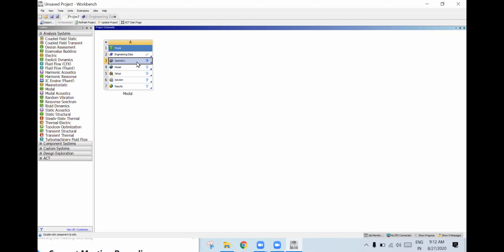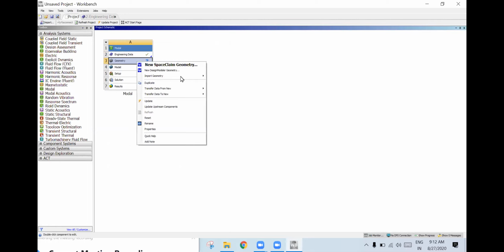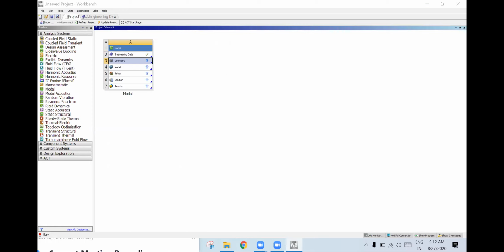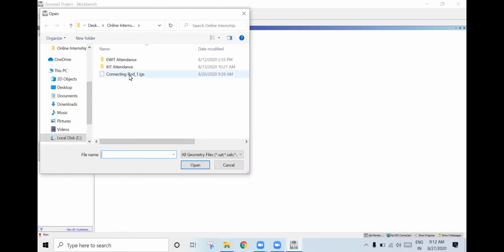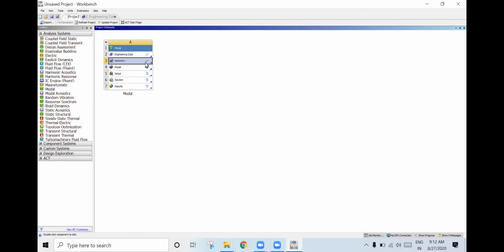Next, go to import or right click. Today I'm going to finish all the things. Go to import, browse, select where you saved it, and open. Until the tick mark comes, you need to wait. Then double click on this model.